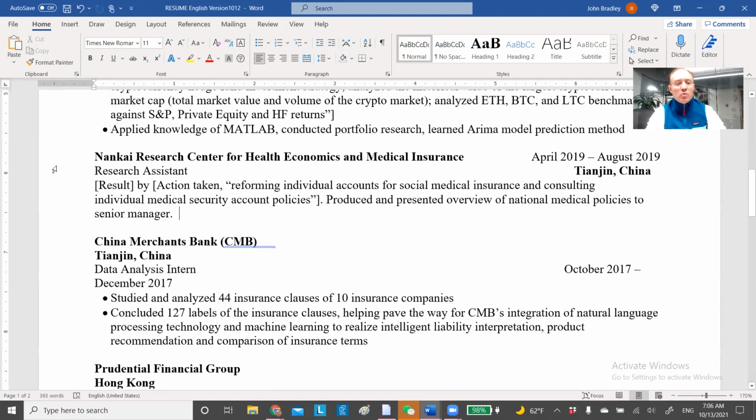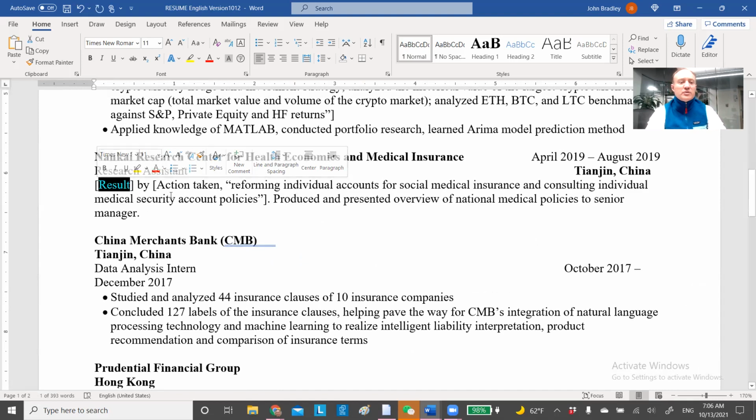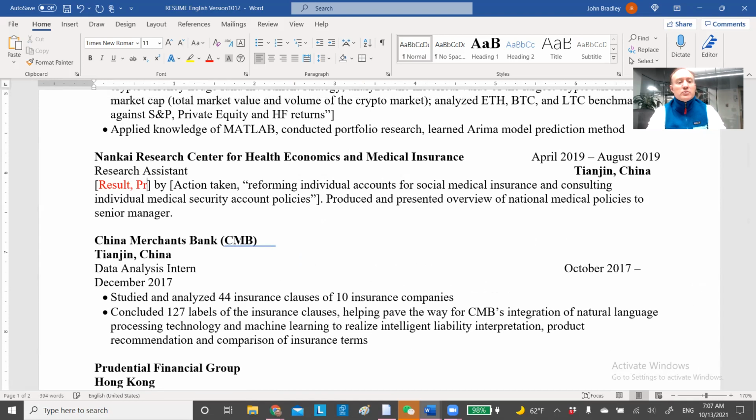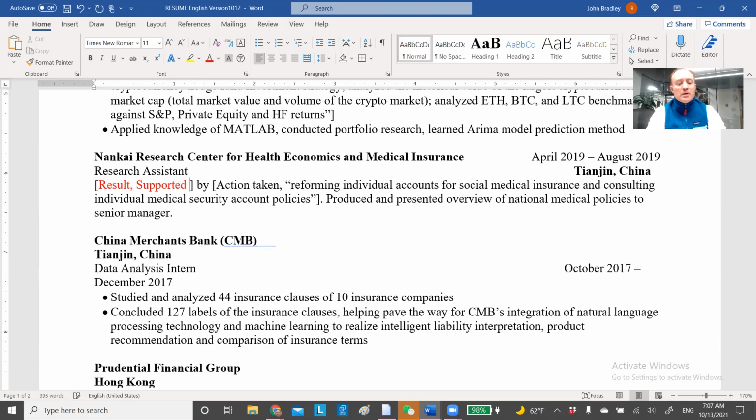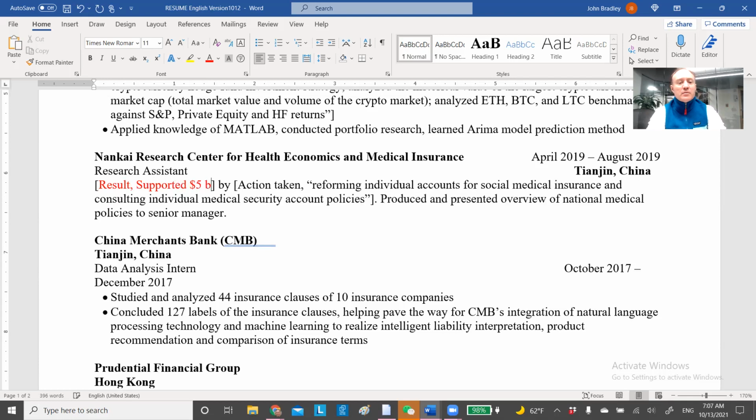Now, we have more work to do here. So we need to look at what the result was. So a result for this could be a proposal was emerged. For example, produced, let's see, call it supported proposal, or supported, say, $50 billion expansion